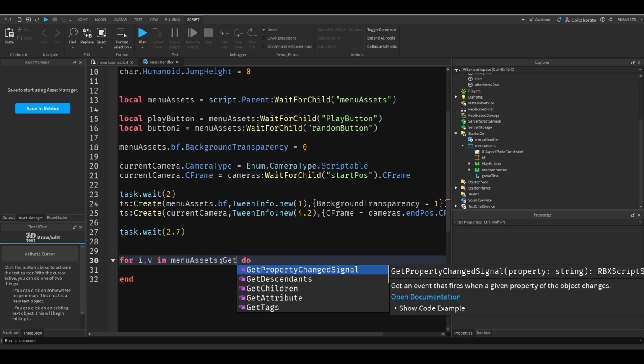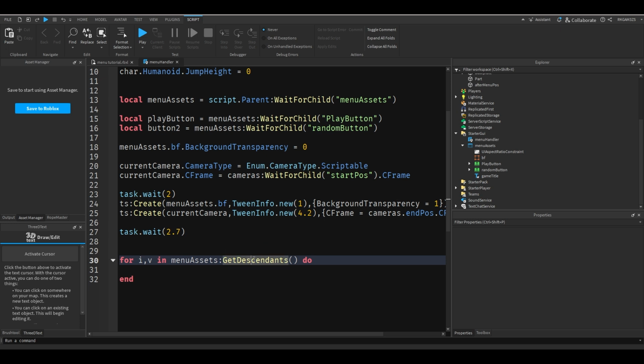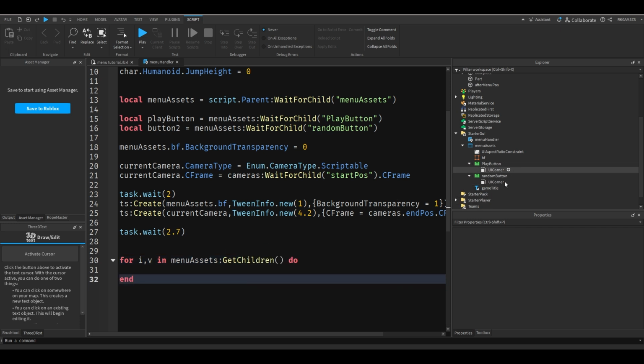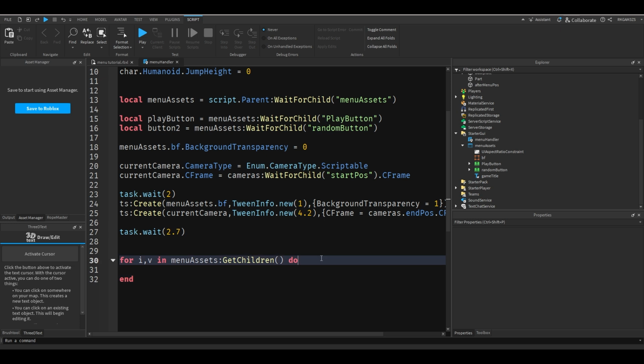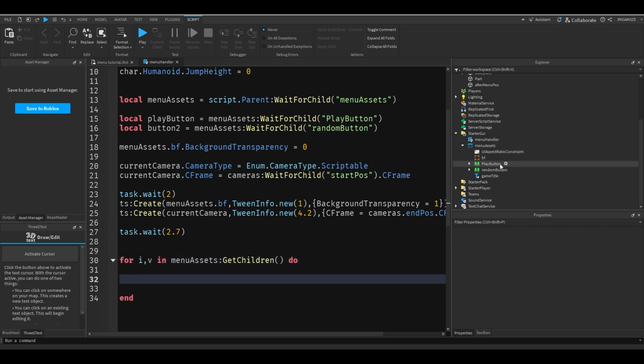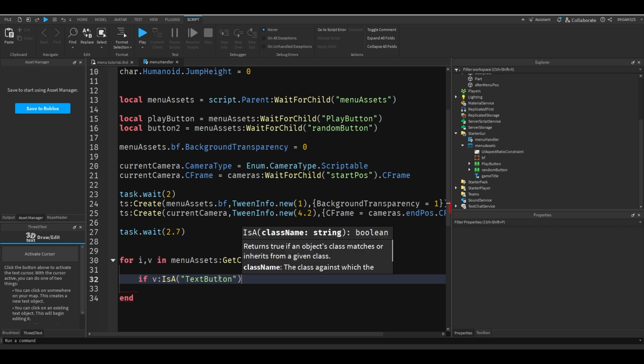And let's do menu assets get descendants. Actually, we could do get children. Get descendants will get literally everything, so it'll pull these UI corners. Get children will only get the first layer, so it will pull all of this, but it won't go deeper and find the UI corners. Get descendants is a bit more intensive on your computer because it's searching harder. Get children, if you could use it, try to use that instead. Really doesn't matter though. Get children just works better in this case. So I just basically sifted through our menu assets and I'm gonna isolate these 3 things so I can change their transparency. So if v is a button, text button, then